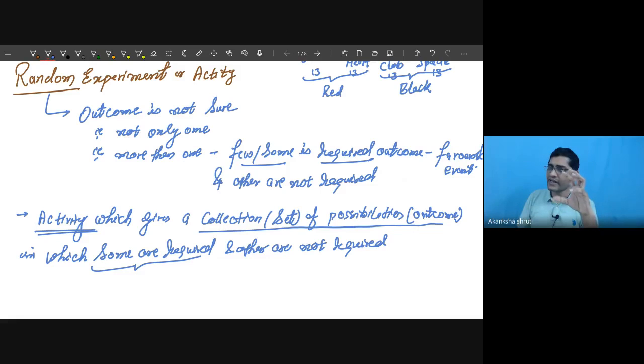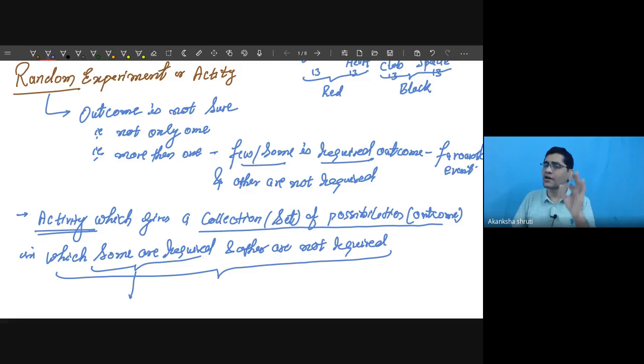So wherever we are concentrating on or considering the required outcome, if we are just enumerating or writing that set, it is called an event. But writing all possible outcomes, meaning the required as well as those not required but which surely can occur, or there is a chance of occurring, that set or collection is called the sample space. So in this definition, everything is there. You have to just understand. This definition is mathematical and very helpful. You can understand what a random experiment is and what the sample space is by